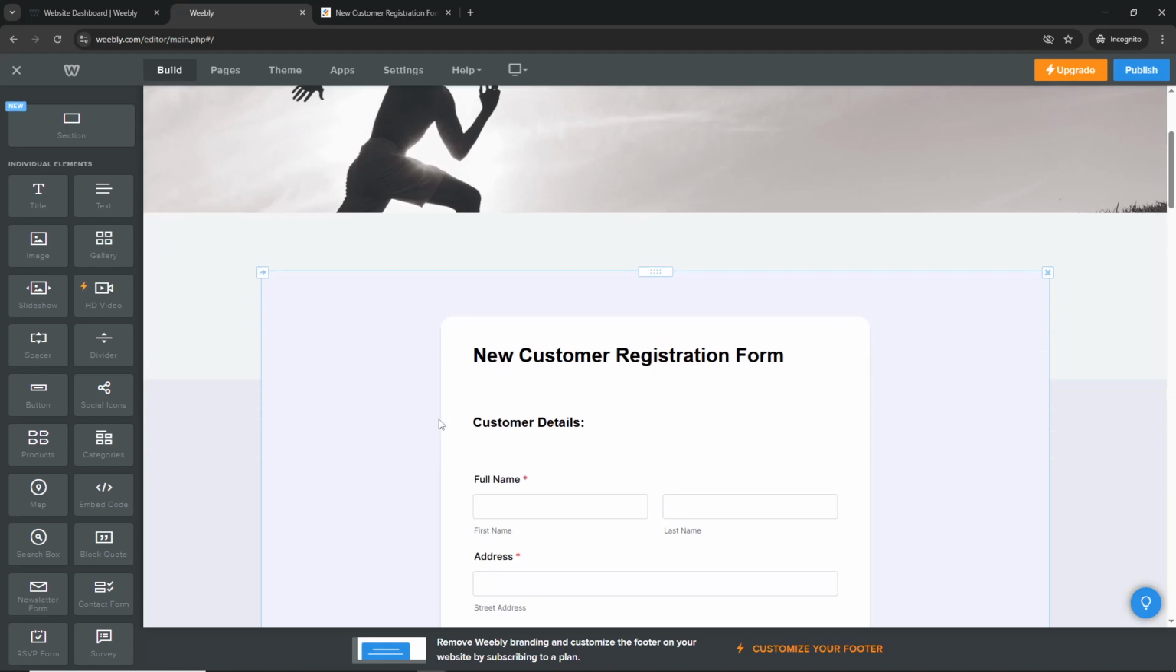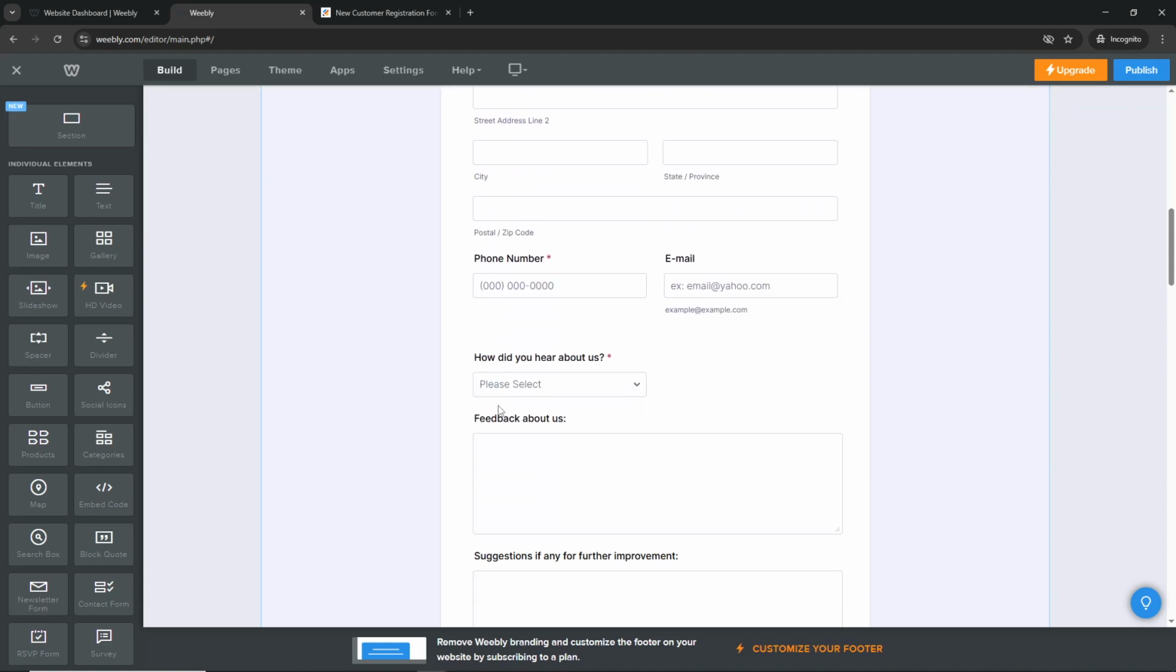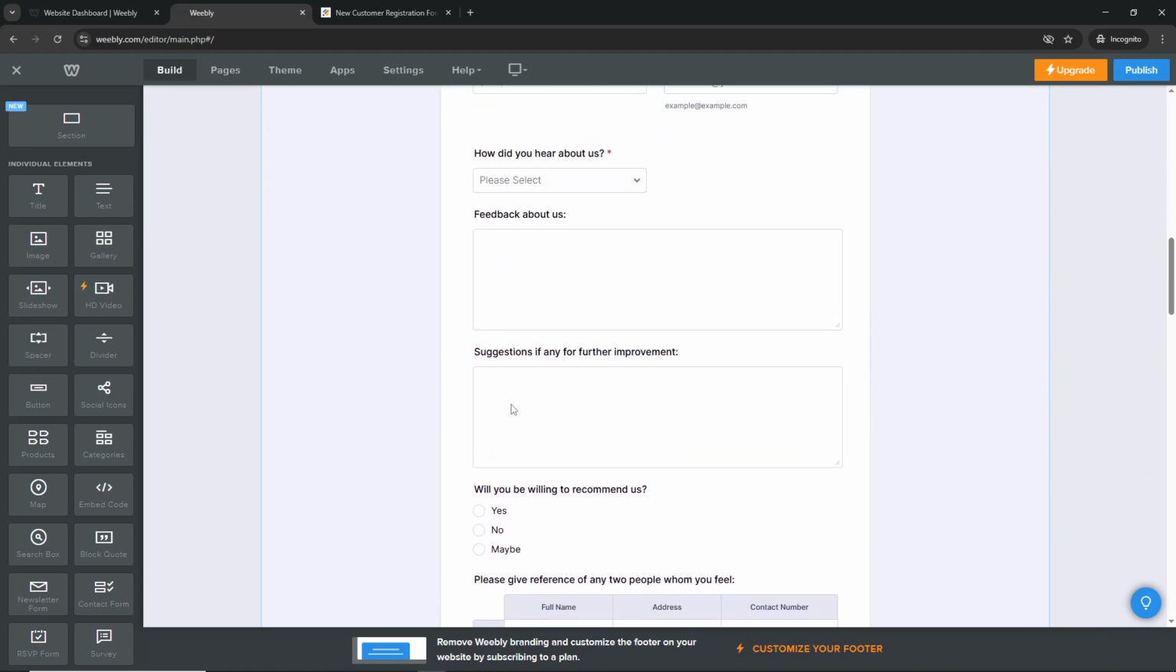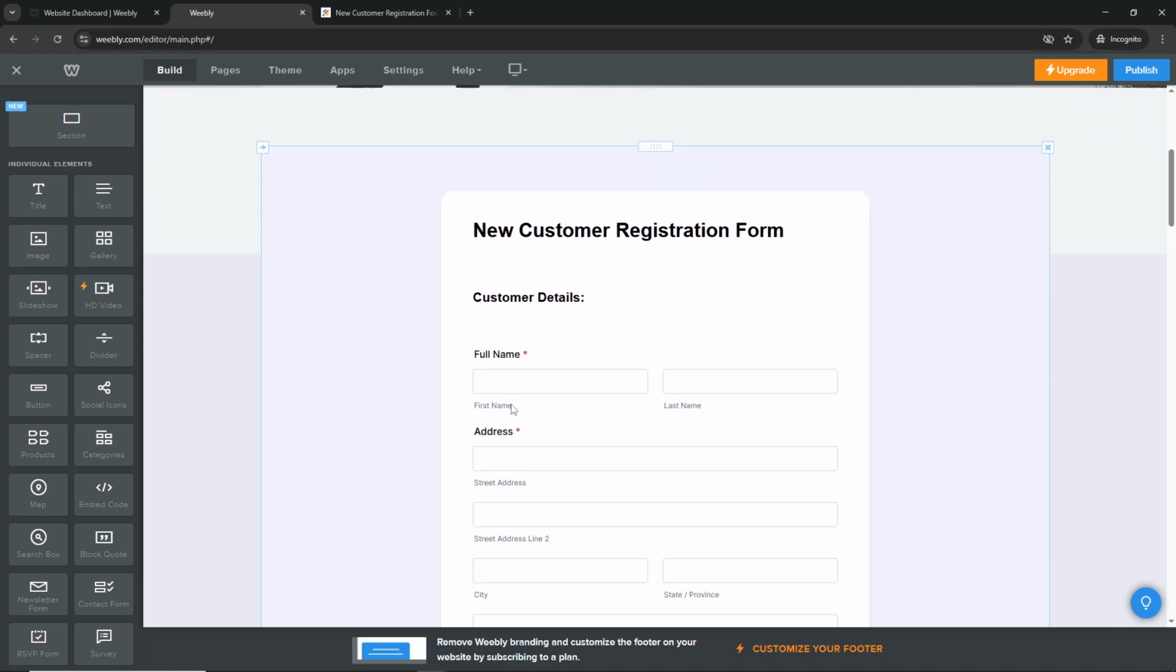And that's it. You've successfully embedded your Jotform into your Weebly website. Your form will now display exactly where you placed it, ready to collect responses from your